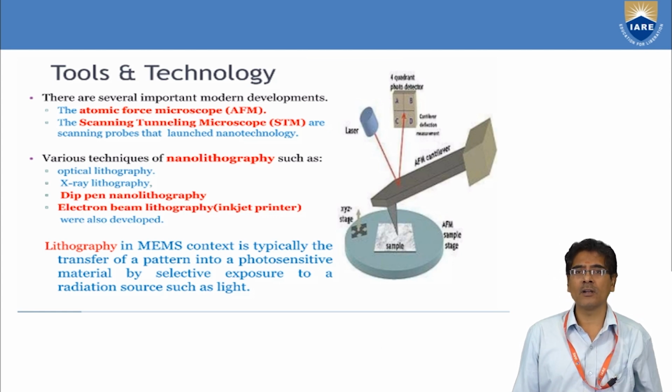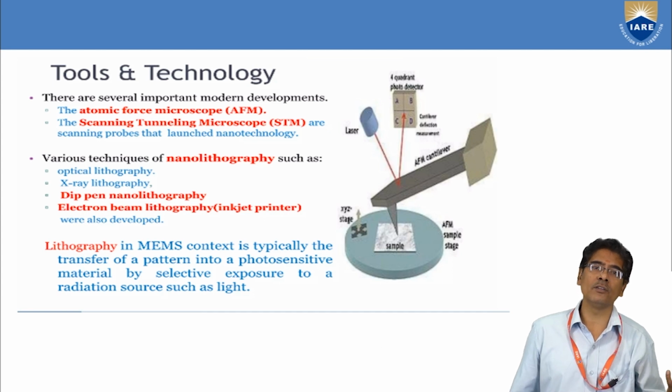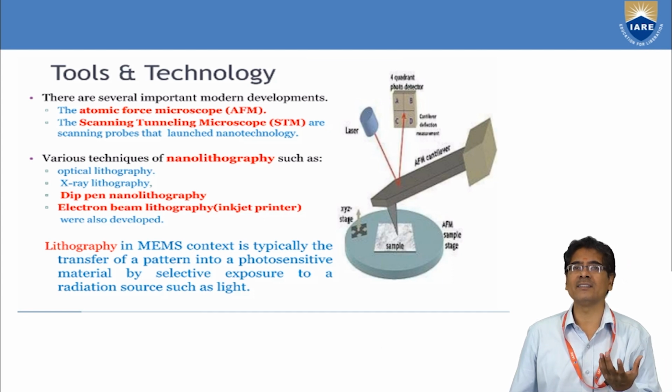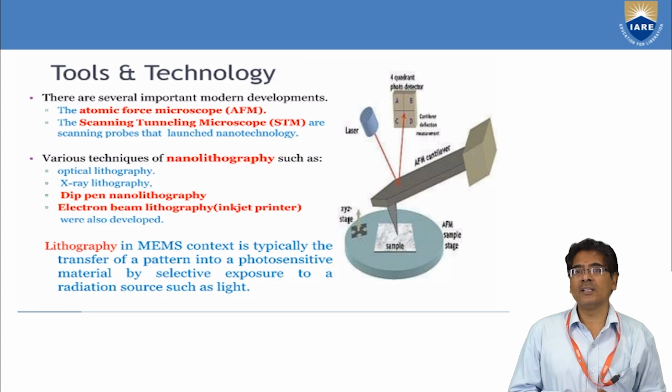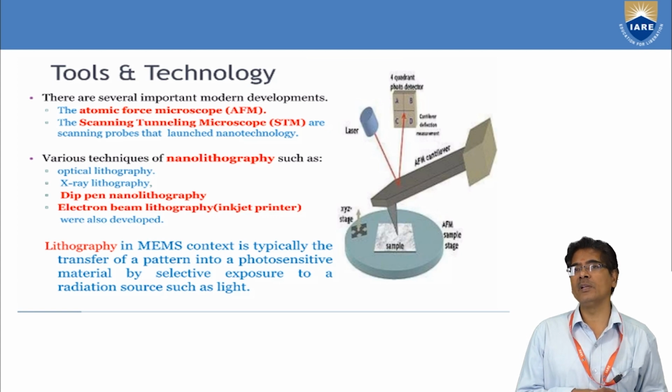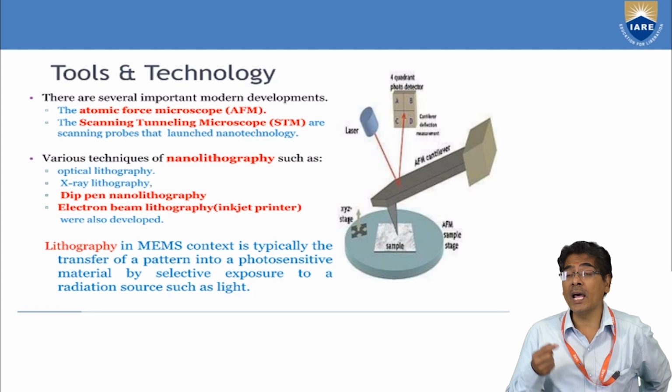One is optical lithography. Optical lithography is also called photolithography or UV lithography. Another is X-ray lithography, another is dip pen lithography. We'll see what these different tools are in detail in the coming video lectures, right? The other is the electron beam lithography. Electron beam lithography is nothing but E-beam lithography, where we can write